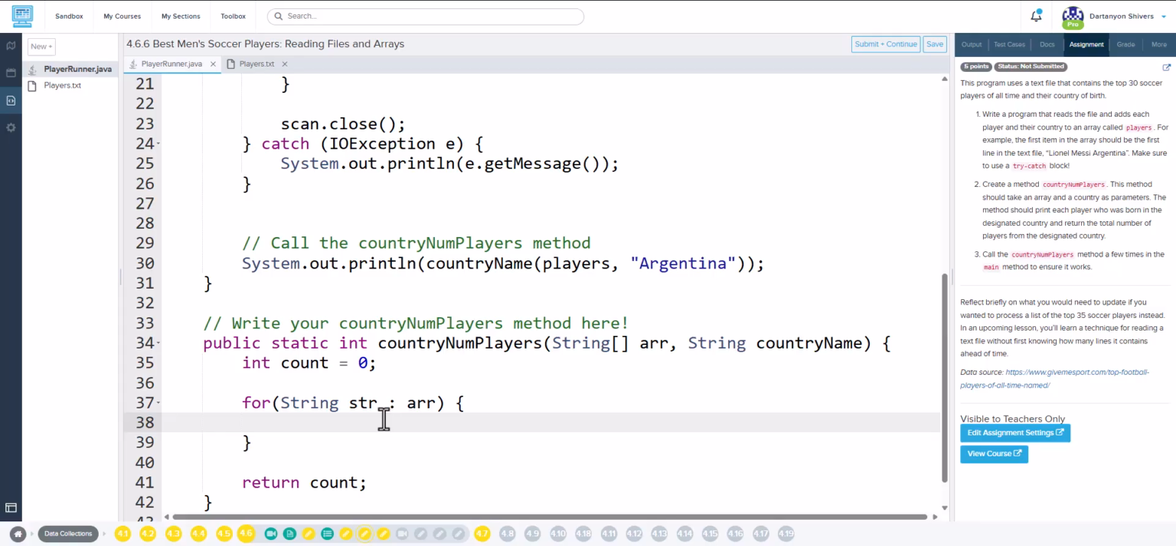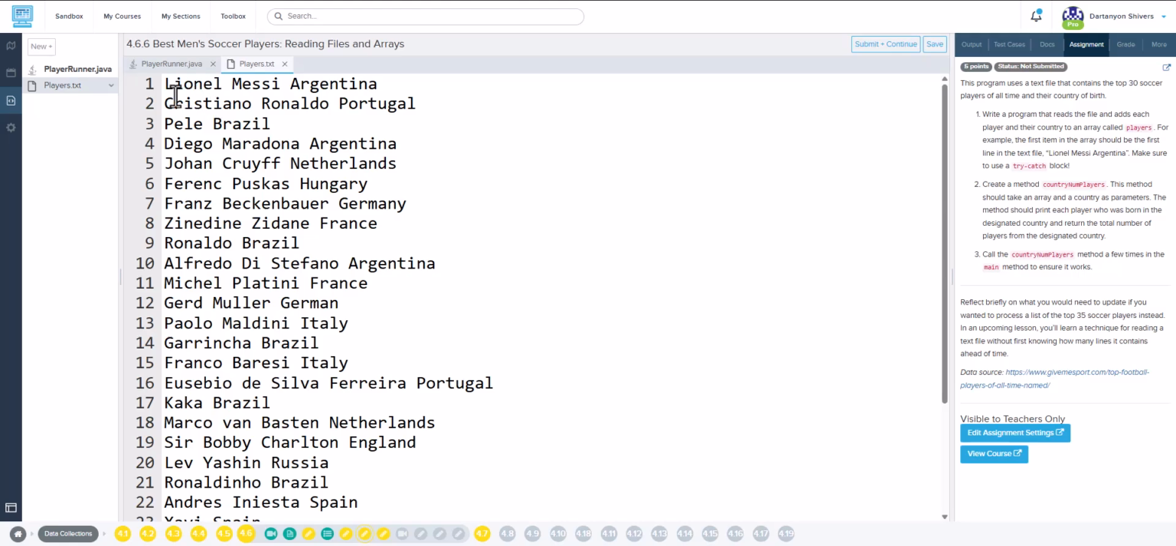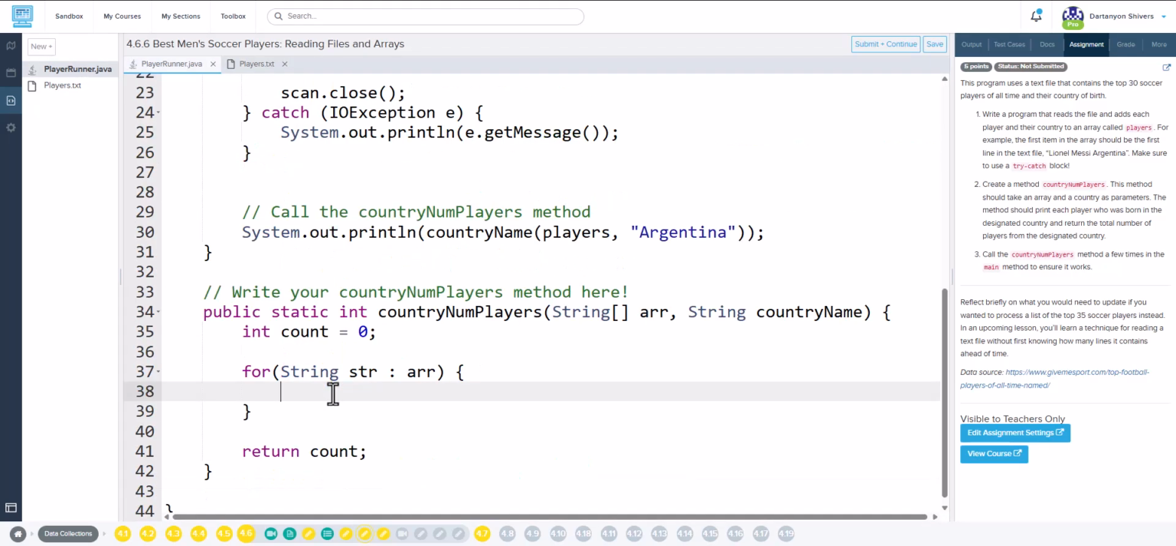So what we want to do is see if country name is in that string. For example, the first iteration in this for loop is going to be Lionel Messi, Argentina. It's going to contain all three of those strings, each separated by a space character, but it's all making one string, right? So we want to check if